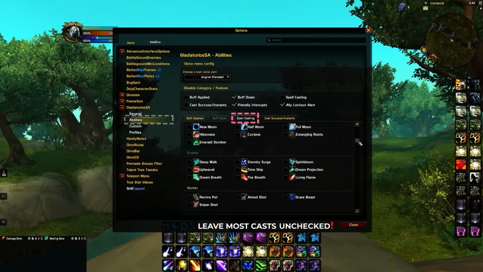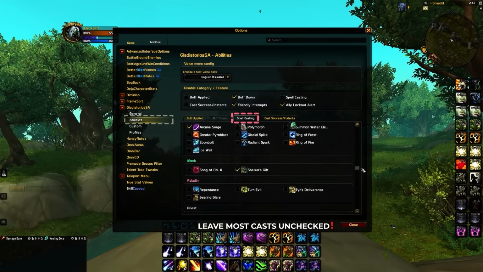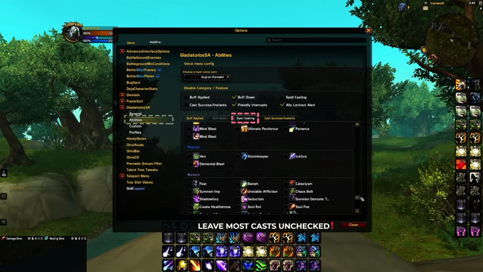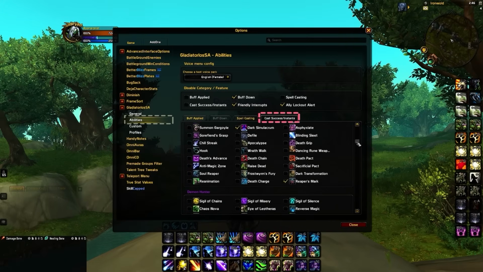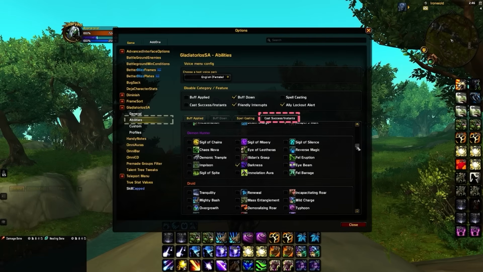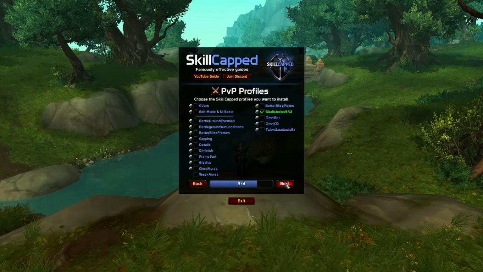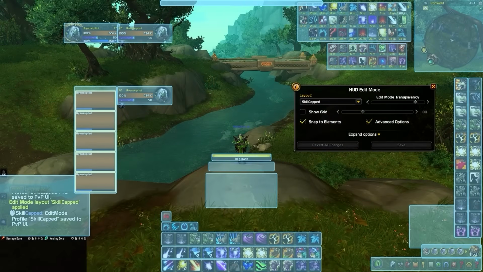Then go to the Spell Casting tab and uncheck everything. This will prevent you from getting spammed non-stop in Arena. You could check some boxes here, but be very selective. Finally, go to the Cast Success tab and repeat what we did in Step 1, selecting only the most high-impact offensive abilities for every spec. And if you want to save time, our members-only profile has already filtered out all of the spells you don't need. Anyway, now that we have all the most important add-ons, it's time to line up everything on our screen,